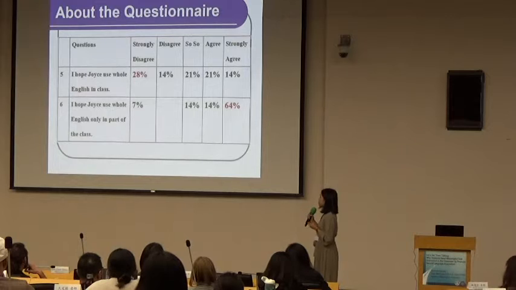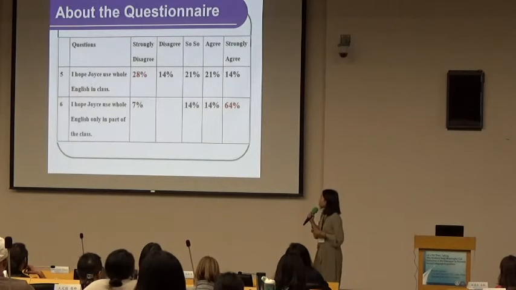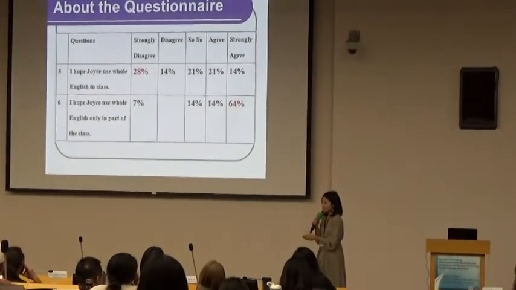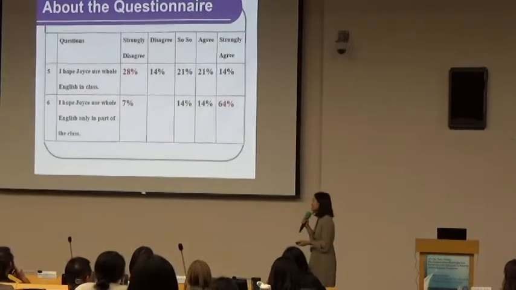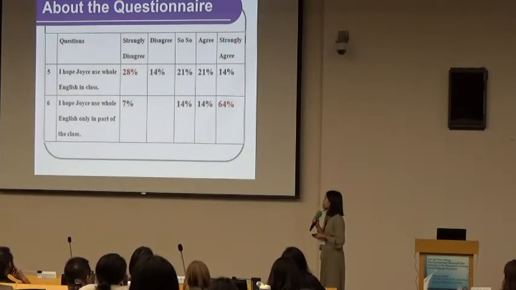And for the fifth and sixth questions, the fifth one, I hope Joyce uses whole English in class. It's like, strongly disagree. Please do not do this. We'll see. And for number 6, I hope Joyce uses whole English only in part of the lesson, and it goes like